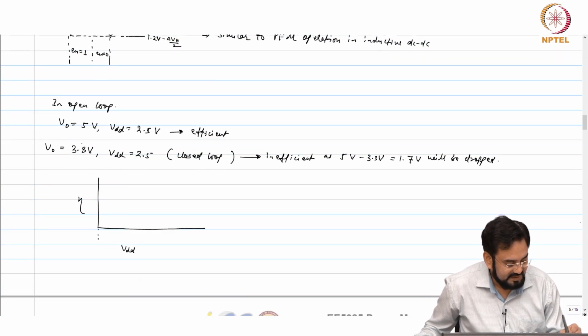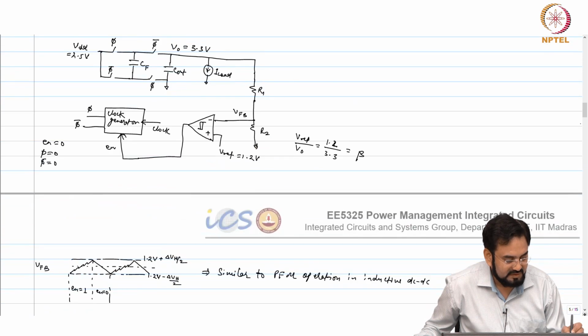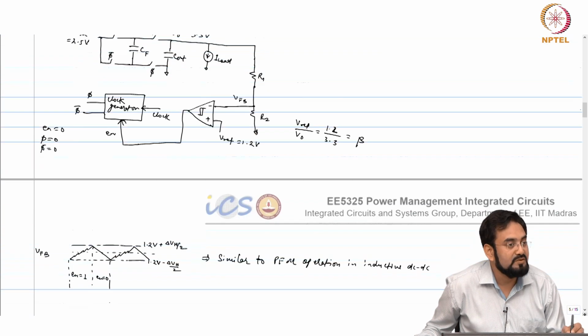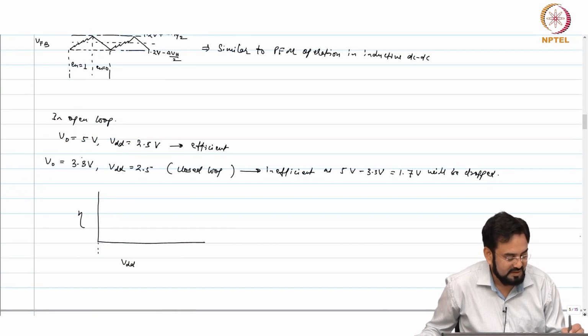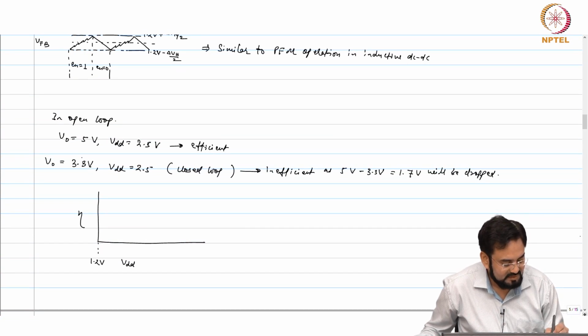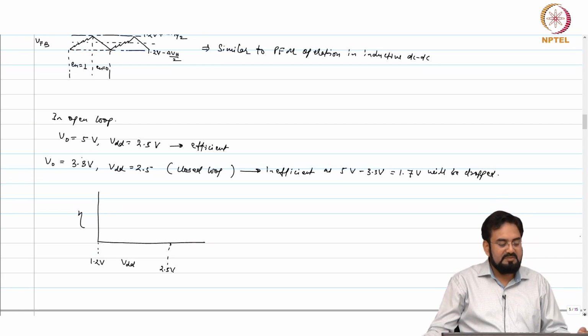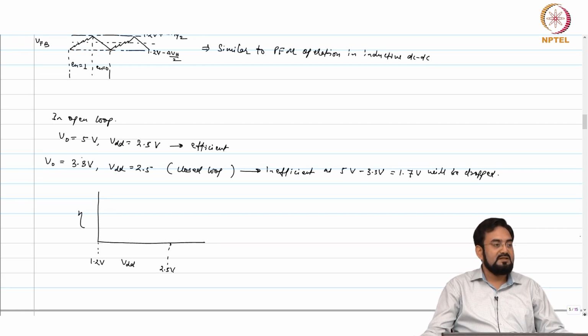The minimum VDD is not 2.5 volt. For 3.3 volt divided by 2, how much is it? 1.65, so let us say 1.2 volt on the lower side, and on the higher side you go to 2.5 volt. So, where will be the maximum efficiency?